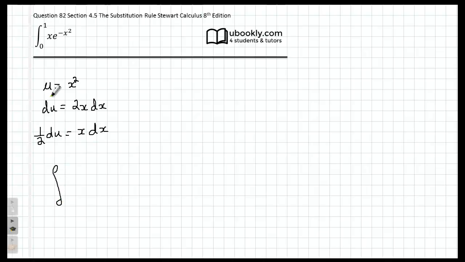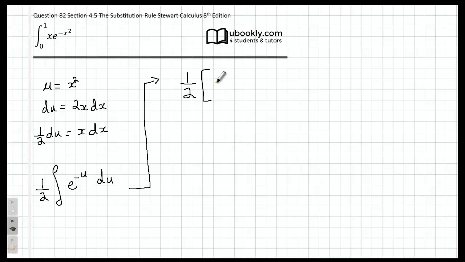Well, now I'll substitute. I'll leave the half outside, and I'll have e to the power of negative u du. Alright, notice this is also a definite integral, so in the end we'll have to place these values in and actually find the area under the curve. Okay, so here, if we integrate this, we'll have a half